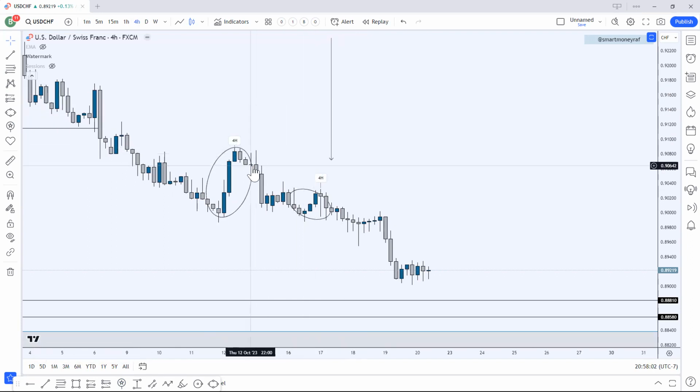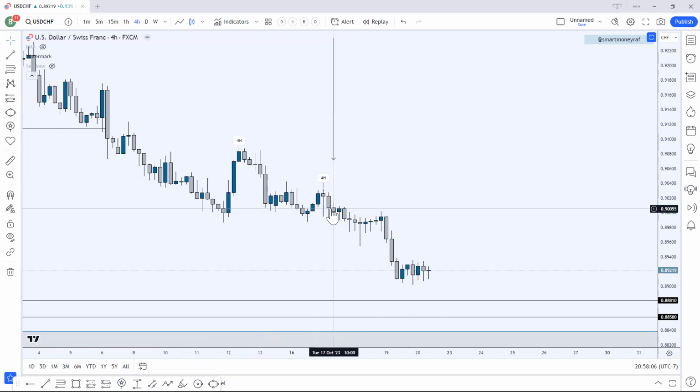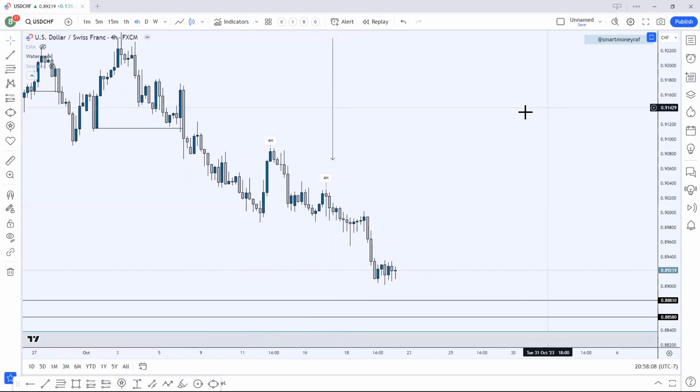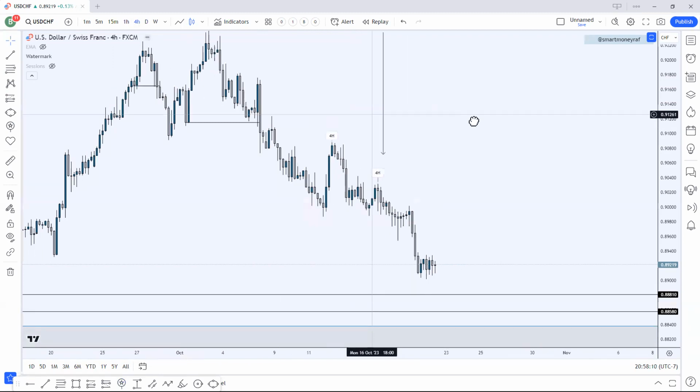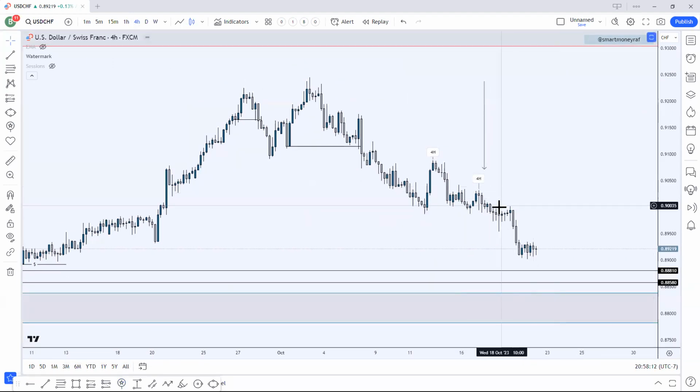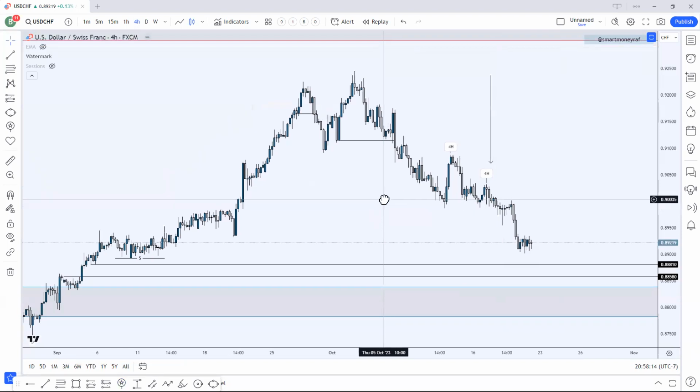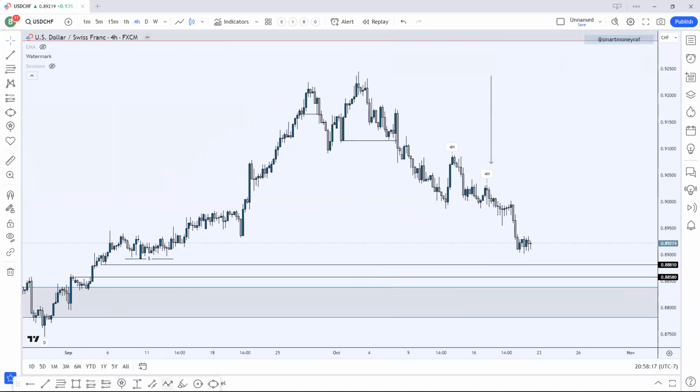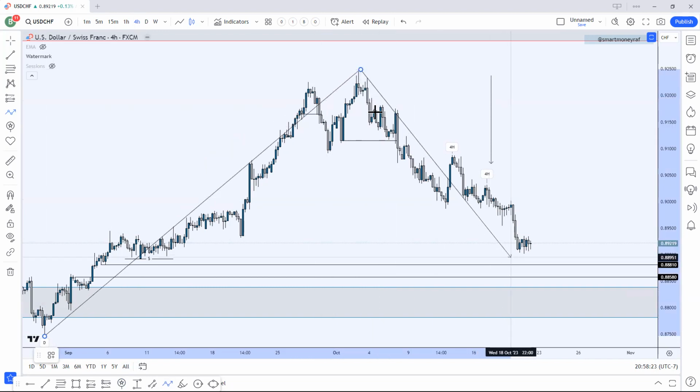Right, so based off of our rules, these are the two valid 4 hour pullbacks here. Remember, when sitting inside of a daily range, on the daily this is just one move, from this low to this high, where we're expecting that retracement to happen. So as soon as we get that change of character on the 1 hour, 4 hour, now we're following this